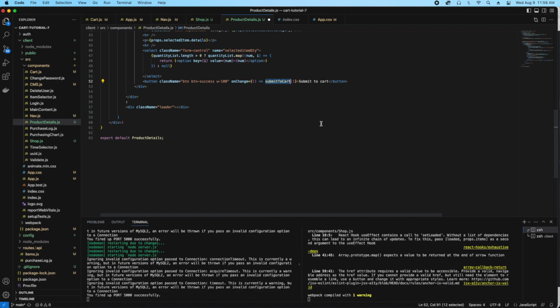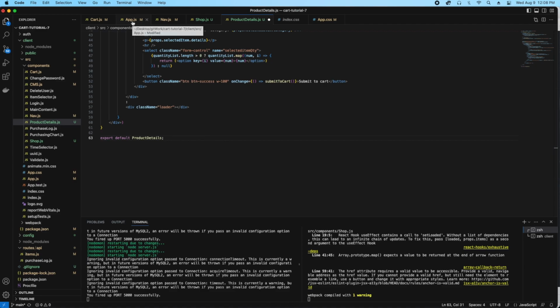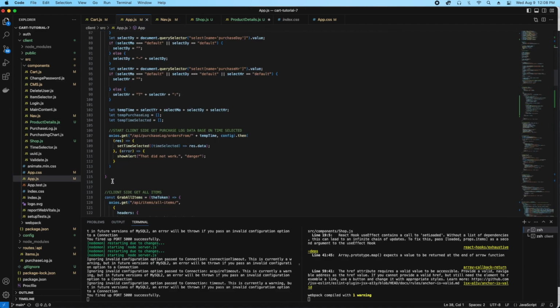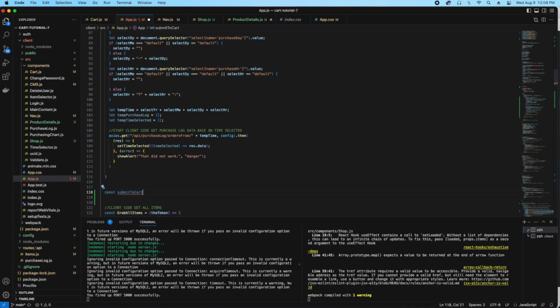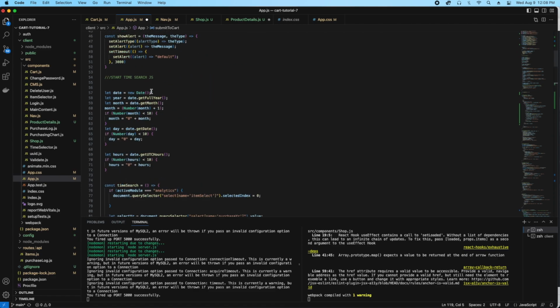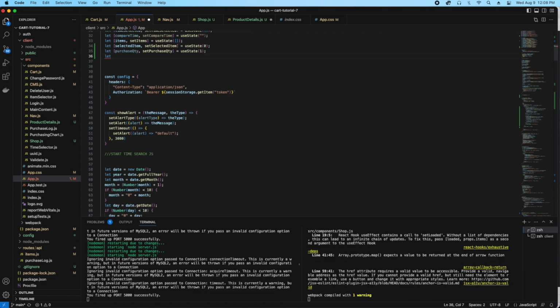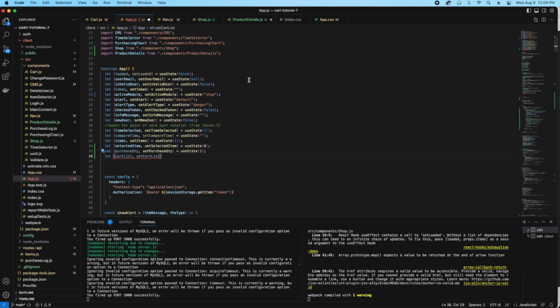And we'll just change this to be a little more relevant. Okay, so here we go with our const submit to cart. Let's go ahead and write the function out, everything we want to do with the cart. Cart list is where all the items will be stored. It's going to be an object